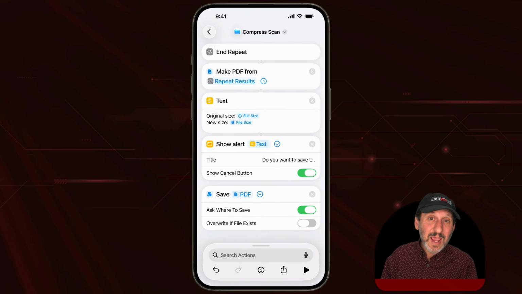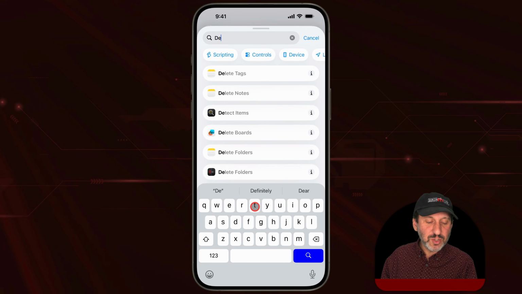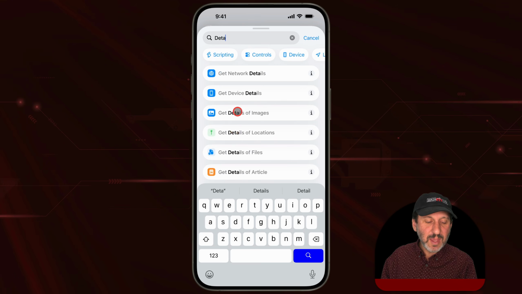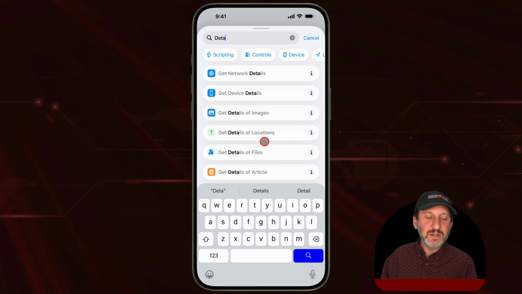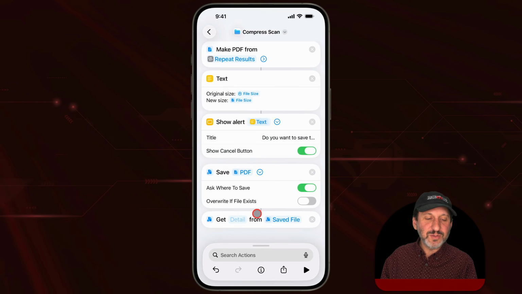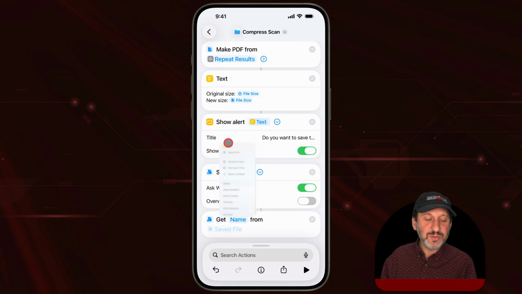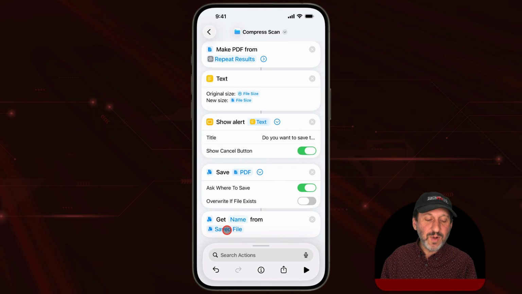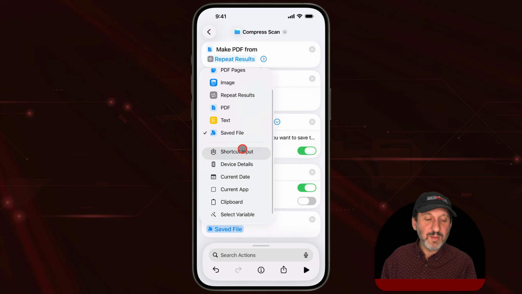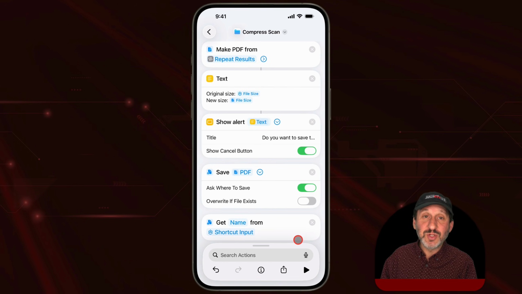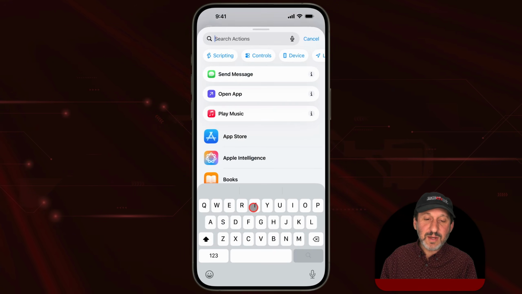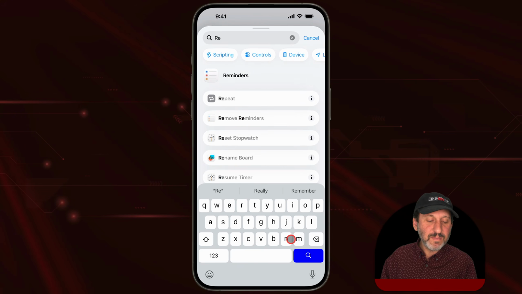So we want to get the name of the original file here. So we're going to search for details, and there's get details of files right there. So we want the detail to be the name, and we don't want the name of the saved file. We want the name of the actual shortcut input, the original file. And then we're going to use rename,